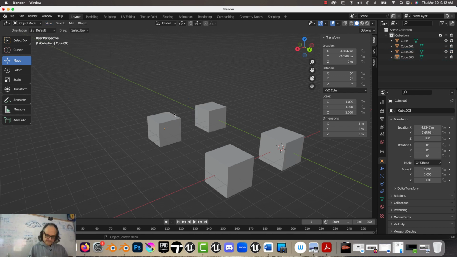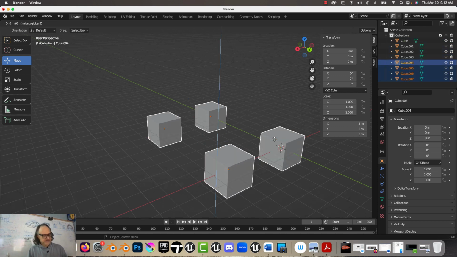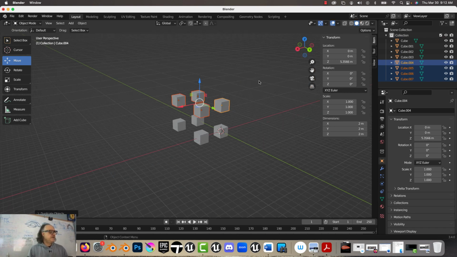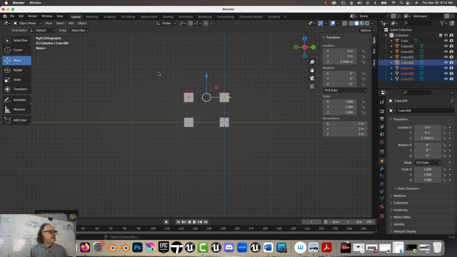All right. So now I'm going to click once, left click with shift, left click with shift, and then I'm going to right click, duplicate. I'm going to type in Z, and I'm going to move it up here like that. Done. Okay, so I'm going to zoom out here, and I look at my X view, click on X, orthographic view,